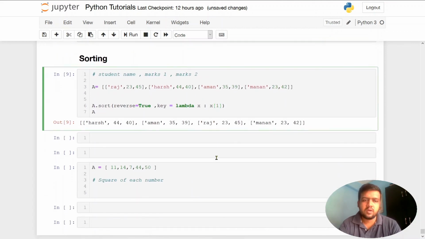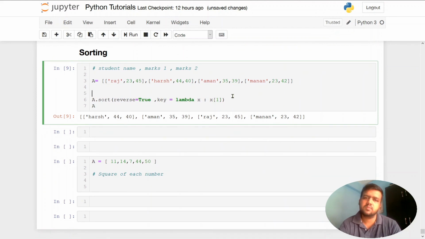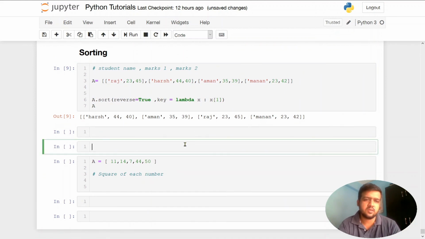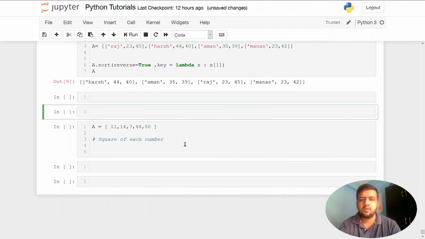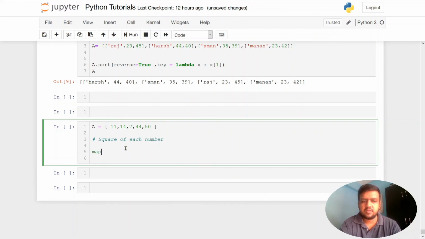Okay, so moving on towards the next and the last topic of this video. In sorting, the lambda function has a very good role to play. But let's say you have a list of values and you want to perform some operation on a single element, and not a single element but all the elements individually. At that point you would have a for loop and stuff, and you would be doing something like that. But we can use the lambda function for that. I can use the map function for that. I will map a function to this list, and I will store whatever values I get in a list.